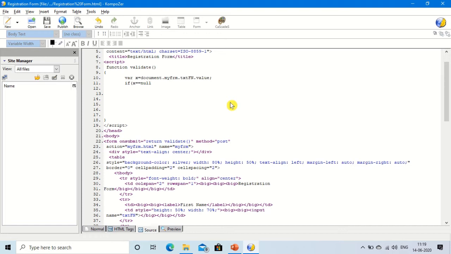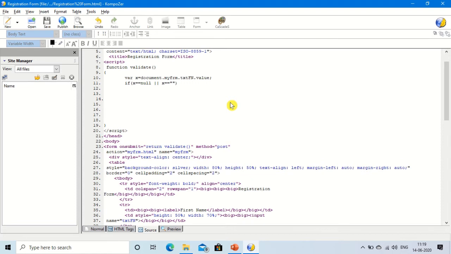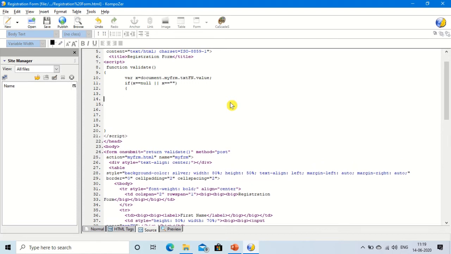So how will we mention this? Put the or operator. The or operator is just above the enter key. x is equal to double quotations without putting anything inside, then the curly bracket of the if starts, and the curly bracket of the if will be closed here.